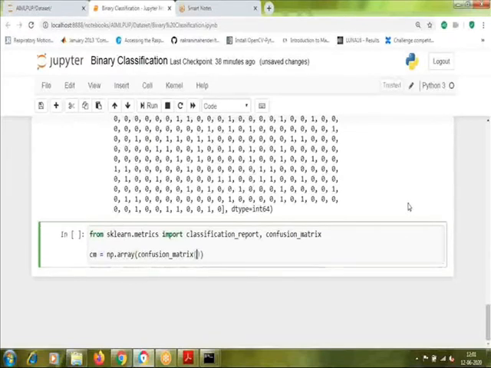To this you provide original test labels with the predicted test labels. So predicted was y_pred, and the original was y_test. Then you also mention what are different labels. So we have two labels which were just 0 and 1.